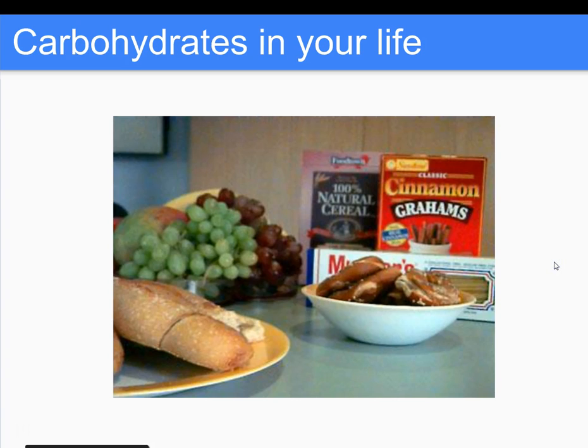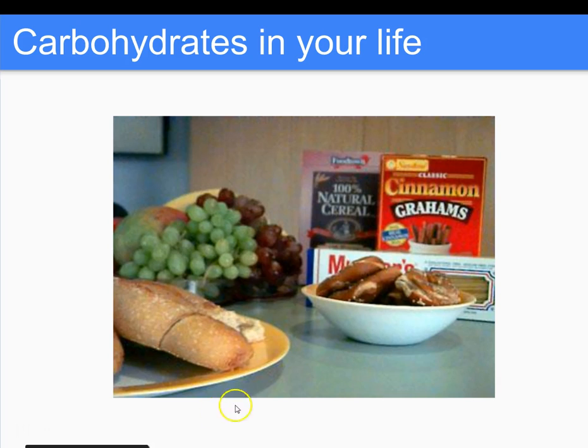They're in all the foods that we consume. You look at any food label, and it's going to tell you how many grams of carbohydrates are in that particular food that you are consuming. And one of the things that we are going to do in class is spend some time taking a variety of different types of foods and using chemical indicators to test for the presence of monosaccharides, disaccharides, and polysaccharides.